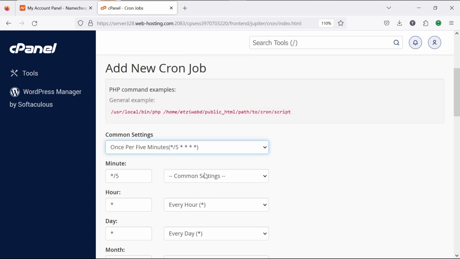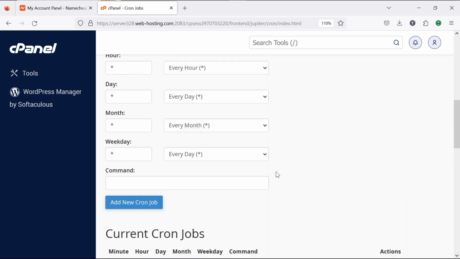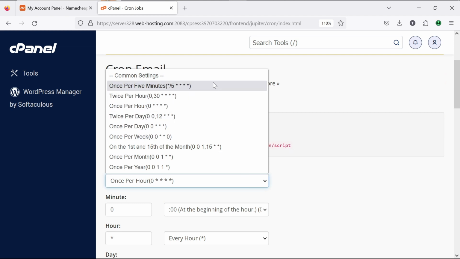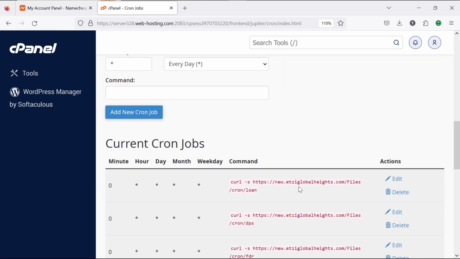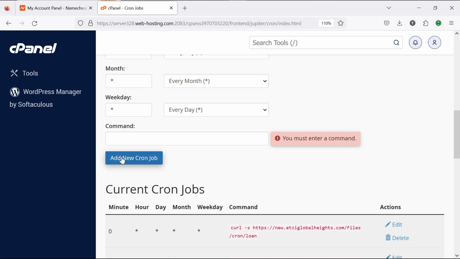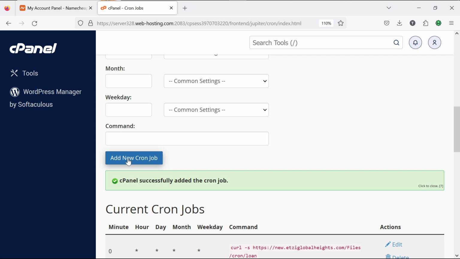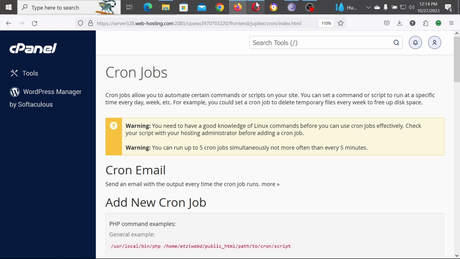We want our cron jobs to be prompt and early, so you can create it in such a way you love. So let's paste. Okay, so that has been done. The next thing we want to do right here is go back to